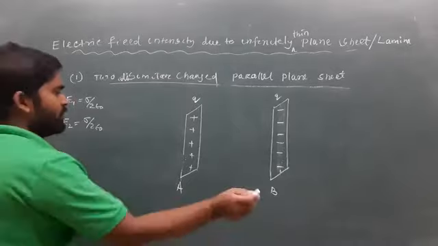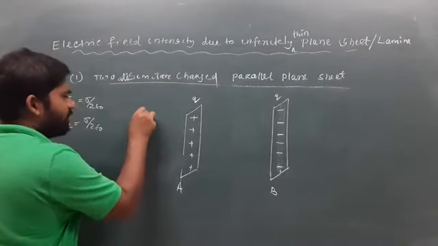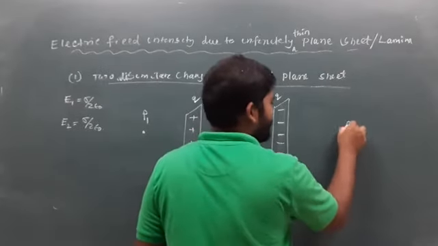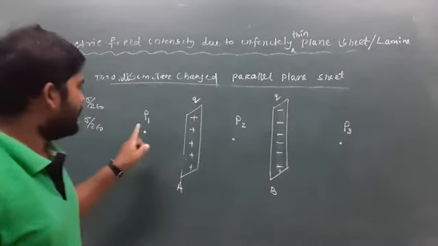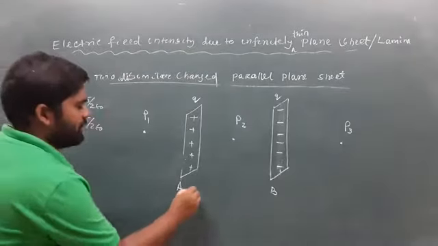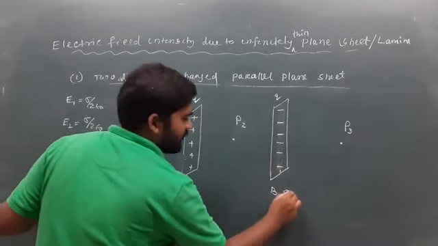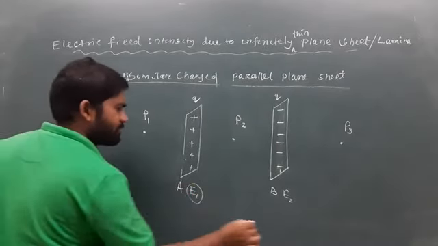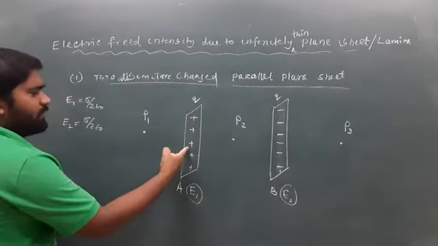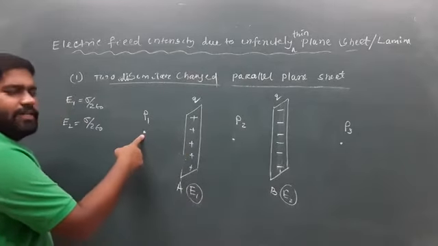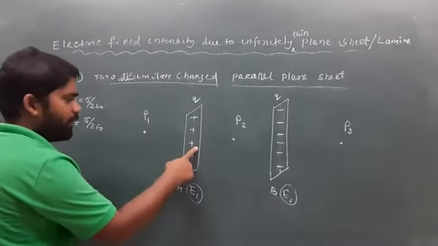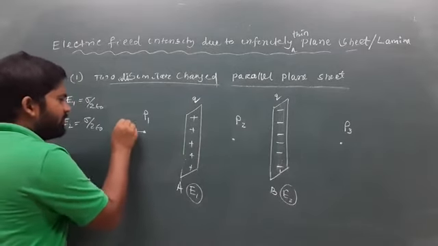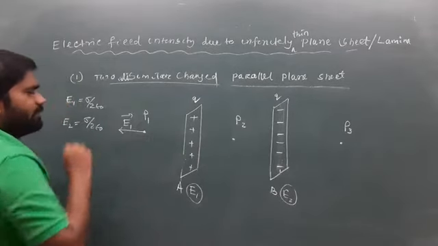So similarly we can take three different points, P1, P2 and P3. At P1, suppose first we measure the electric field. This one is E1 electric field, this is E2 electric field. So this one is my positive plate, and here there is a unit positive charge. So plus acting on P1 will create a repulsive force, that will be E1 vector.